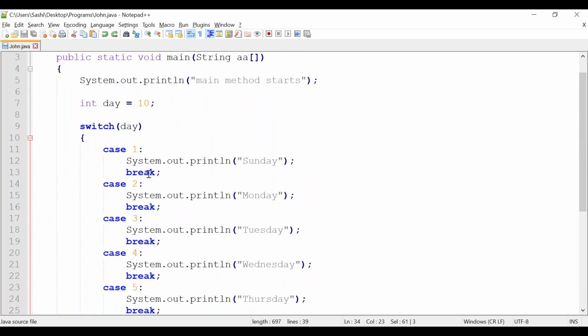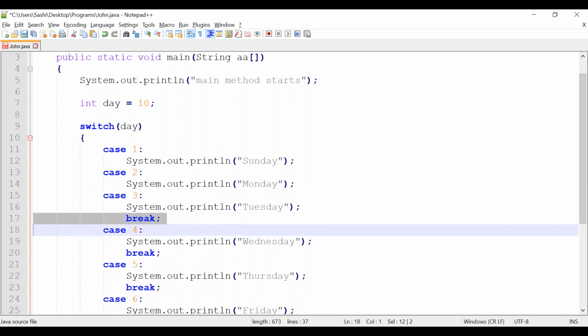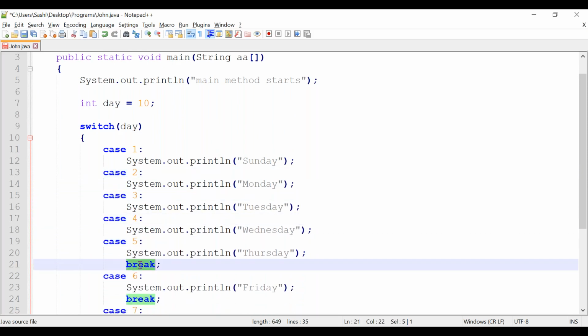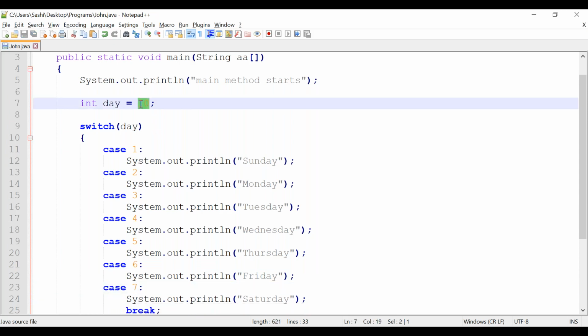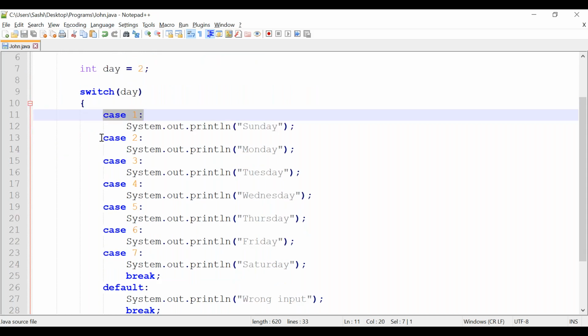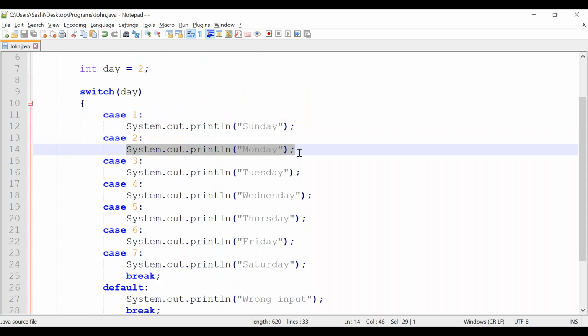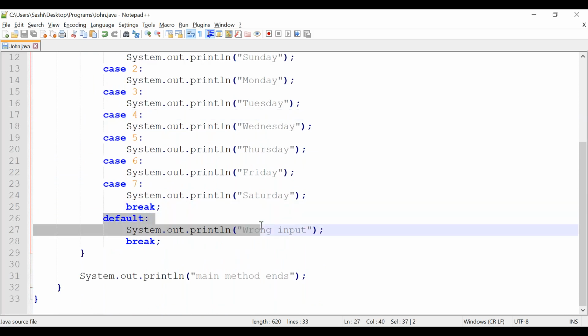And break is also optional. If you don't give break, what will happen? Listen very carefully. Suppose you are giving 2. Consider I am giving 2. What will happen? The first case is wrong, the second case is true. It will execute this statement. You didn't give break, so again it will check case by case, and finally it will execute default.